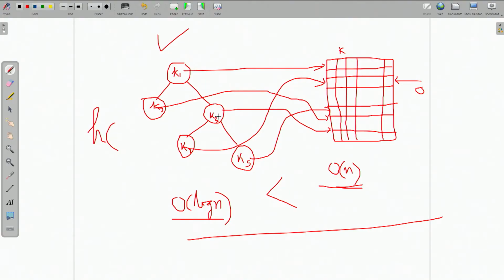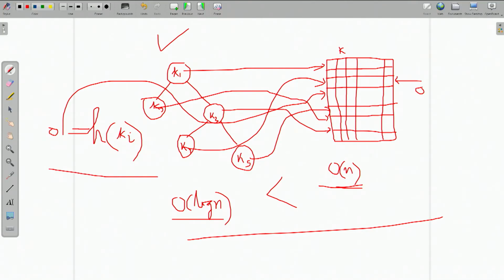If the target key is k, that is we want to find the record having key ki, the ith record, then this h function is planned in such a way that if we give the ki value, then h(ki) will give the address where the record having the key ki is stored. So, using this we will be able to directly go to it.